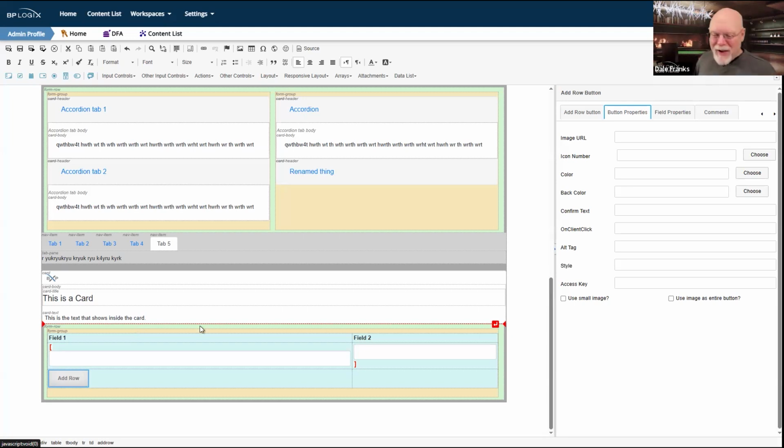So what you're going to need to do if you're going to use arrays is to have a single form group column, and then you're still going to have to use the table to make the array work properly, because arrays were originally designed for tables. We would have to redesign that control to make it work for another object.